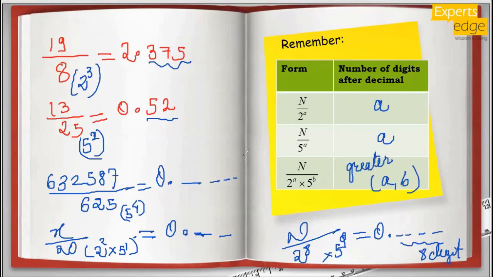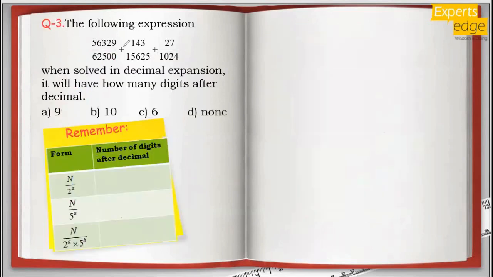Okay. So just take one question on it. The expression, the dreaded expression it is, right? You need to answer that. You don't need to find the value of it. You just need to find how many digits will remain after the decimal in this. So as we know this, we just take out the greater among a or b, whichever is greater.